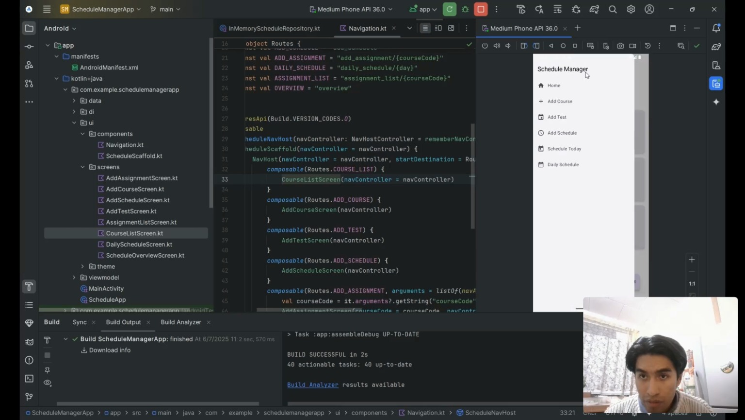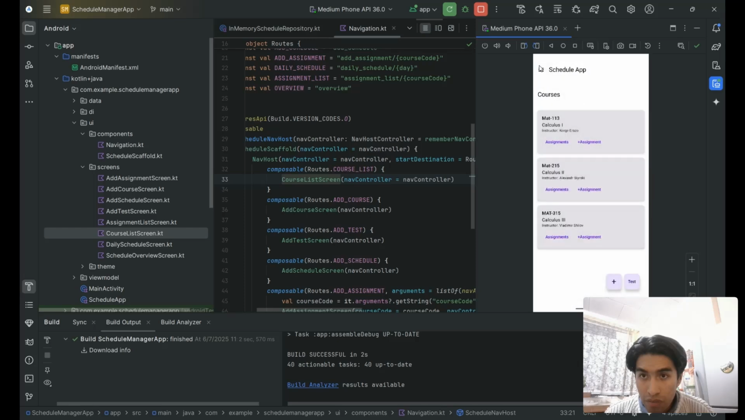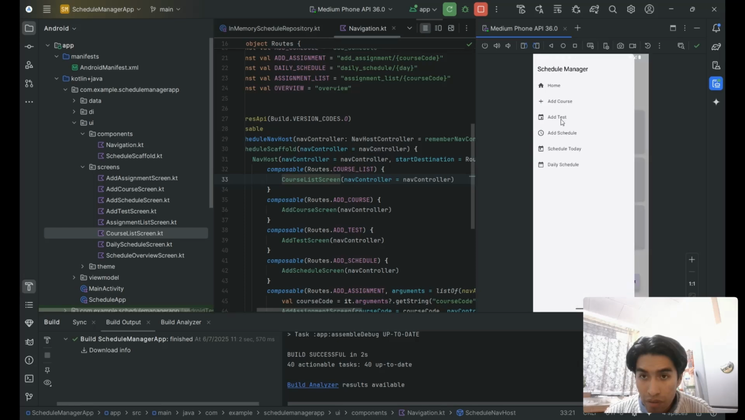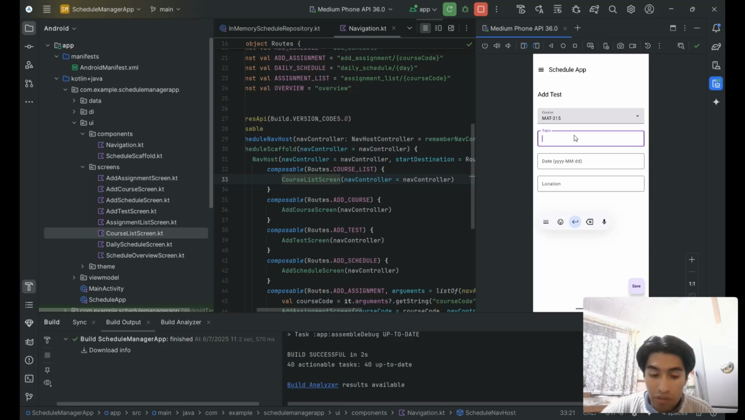Here I have my navigation, my menu. Here I can add courses, or come back home. I can add tests as well. I'm going to add a test for Calculus 3. We're going to say